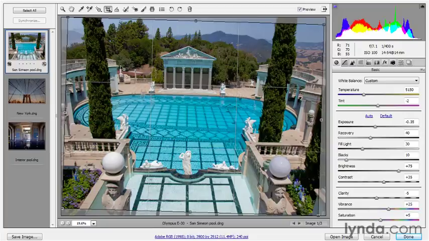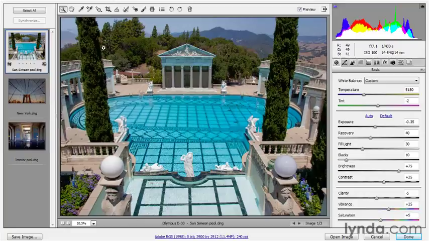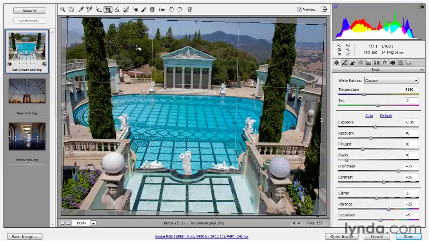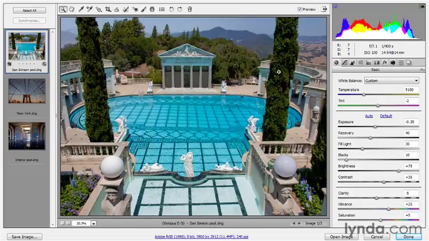Now, to apply it so you can see what kind of job you've done, you switch back to your default tool, which is the zoom tool there. And my favorite way of doing that is to just press the Z key. I was telling you about that earlier. However, every one of the tools in the toolbar allow you to switch to and from them with a single key. So for example, if you press the C key to select the crop tool, then you'll see your crop boundary once again. If you press the C key again, you'll leave the crop tool and return to the zoom tool